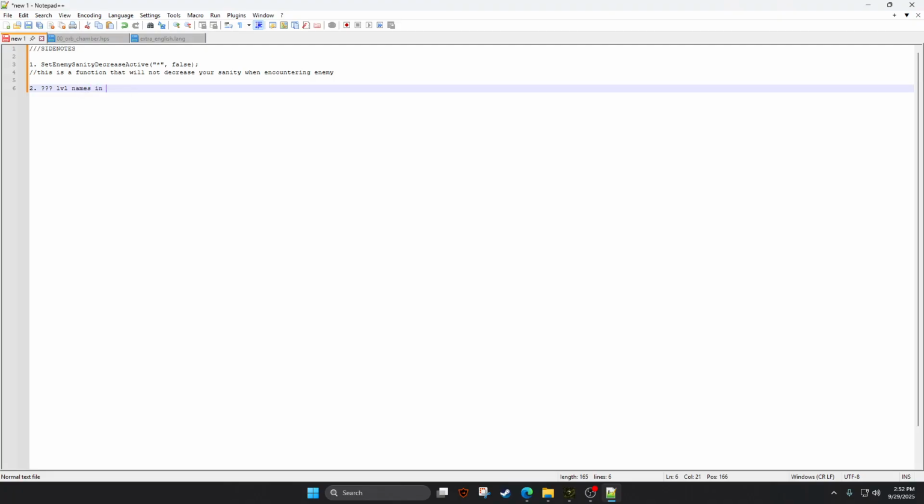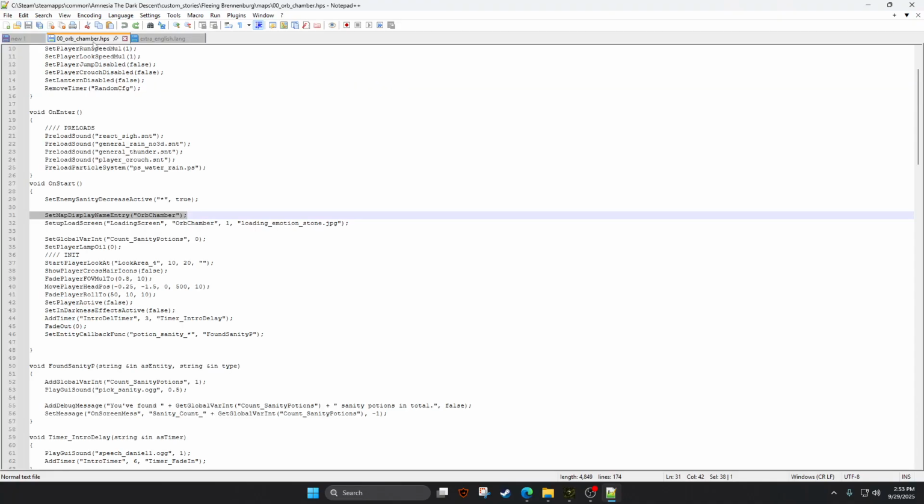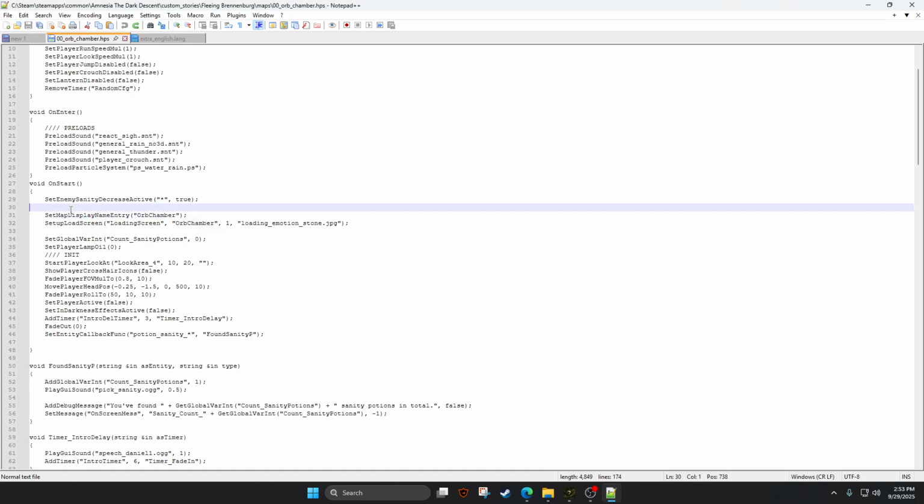Level names in extra English lang. Why? Also void on start with loading screens. Okay, so this is something that I just wanna be sure about. Otherwise, set global var int count sanity potions. Okay, so